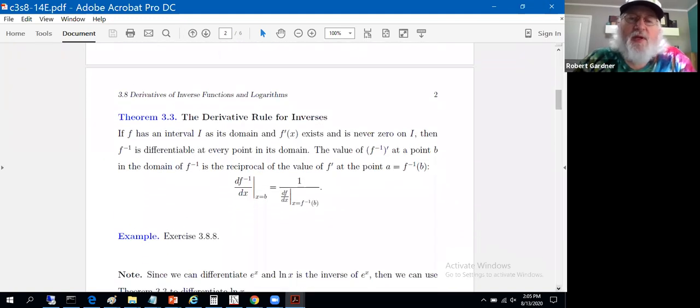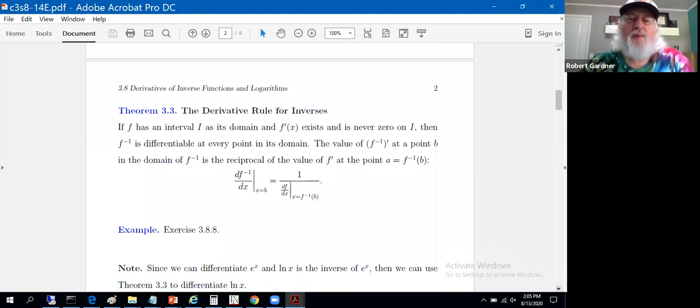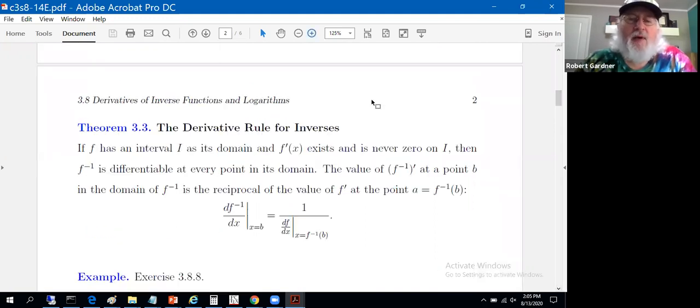Here's the rule that tells us how those derivatives are related. Actually, it's a really elementary rule. The statement of it is, I would agree, a little clunky. So Theorem 3.3, the derivative rule for inverses, says: if f has an interval as its domain and f prime exists and is never 0 on that interval, then the inverse is differentiable at every point in its domain, and